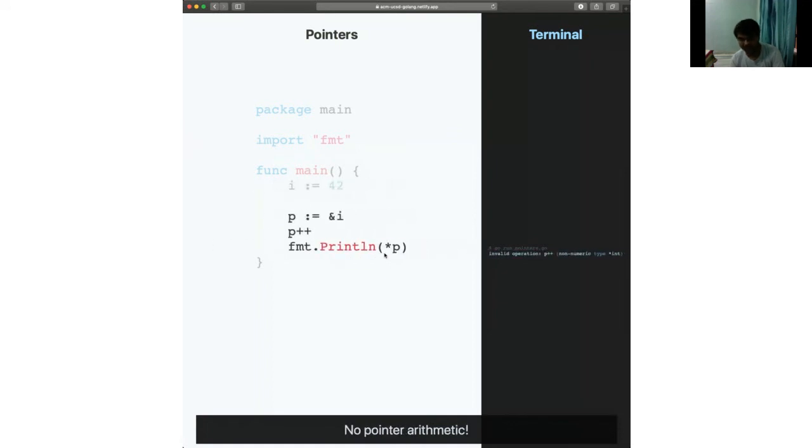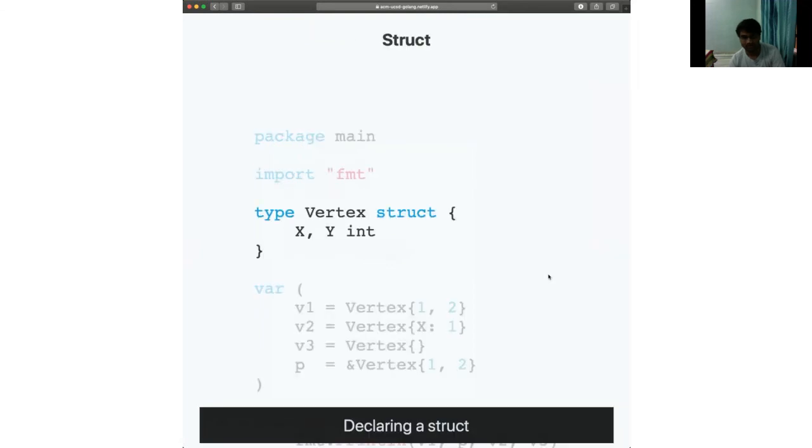And there is actually no pointer arithmetic, which is one of the best, in my opinion, things about Go. So you can't have really complex or weird pointer access, which also reduces a lot of the seg faults and all those errors that are usually associated with pointers and pointer arithmetic. So that's actually really nice. If you actually type it out, like p++, it'll tell you invalid operation: p++ (non-numeric type *int). That's the error that you'll get.